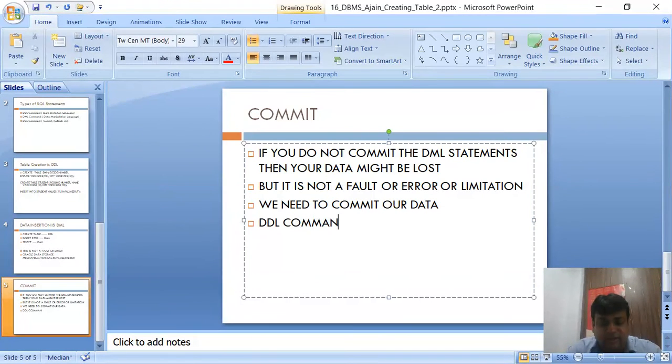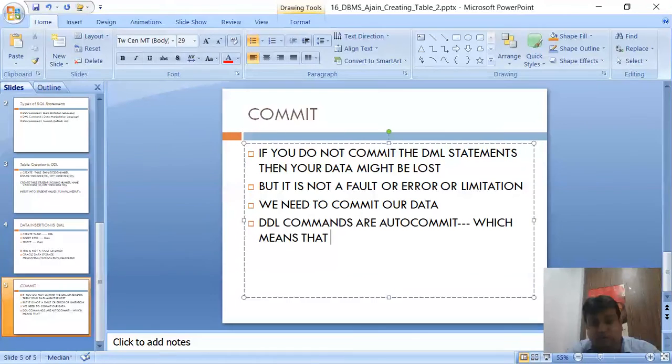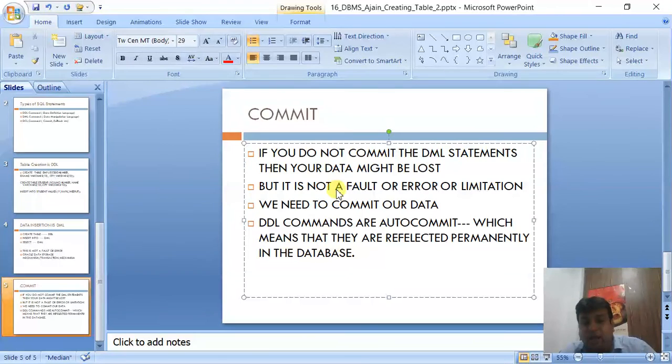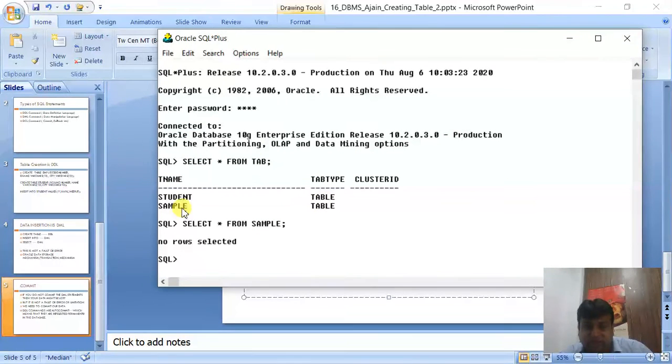One more thing: DDL commands are auto commit, which means they are reflected permanently in the database. For example, I have just created this table, sample, in front of you.